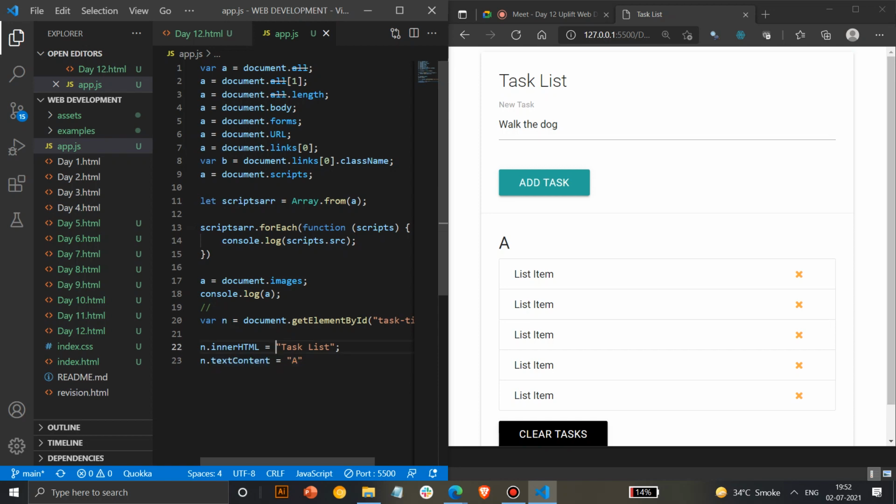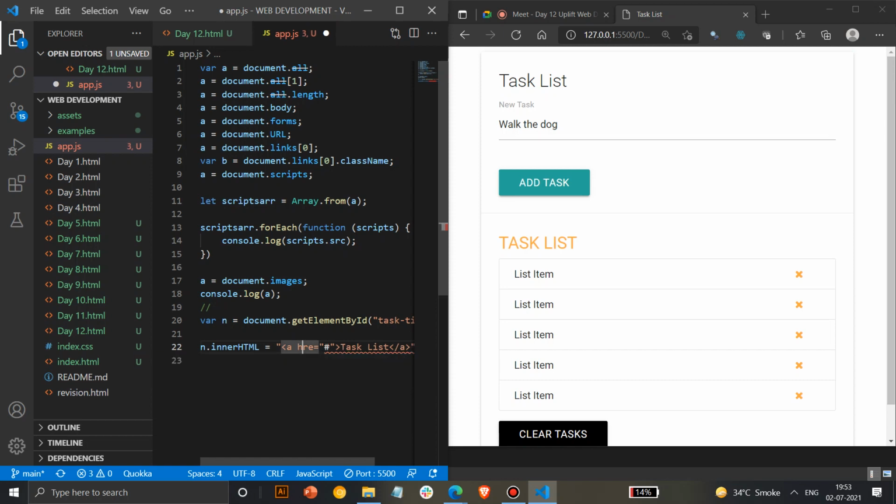And with inner HTML, you also have the rights to write a specific tag. If you want to add a link, you can write a link here, so that you can modify even the text present here, and the link. So if I add a link here, you can see it converts this into a link. If you hover over it, you can check it out. Redirect this to somewhere.